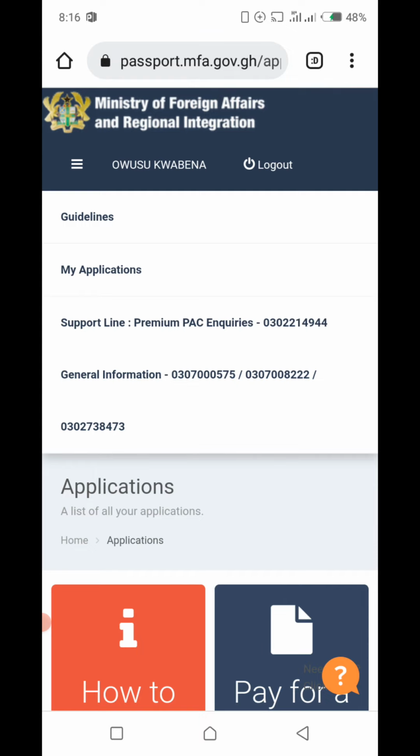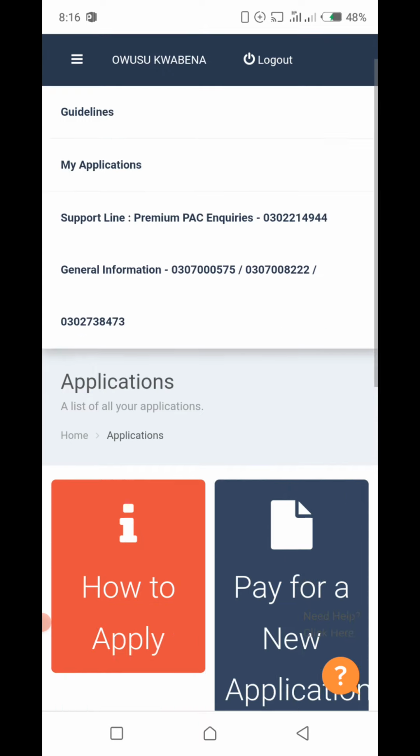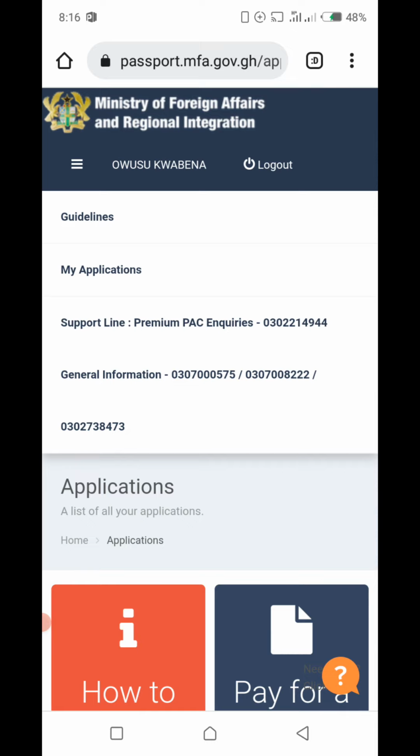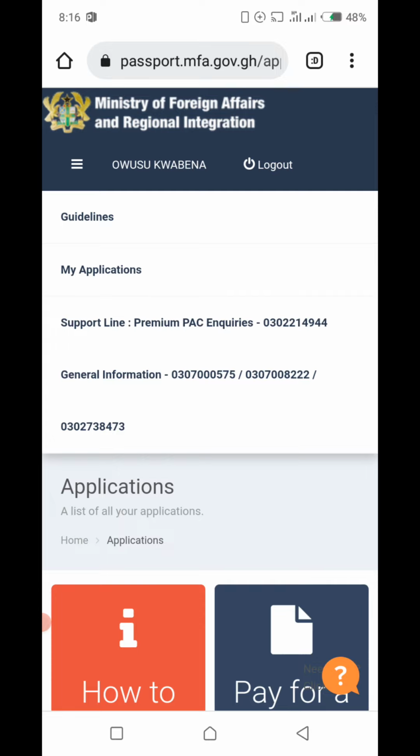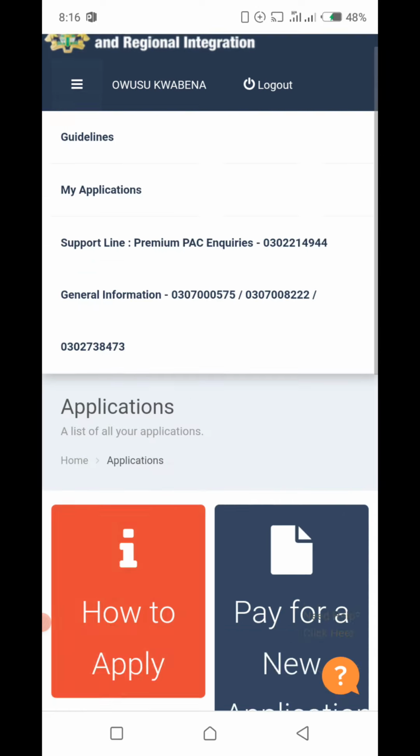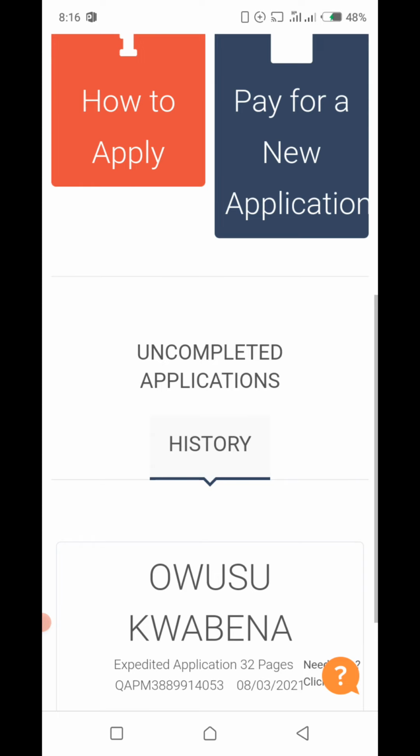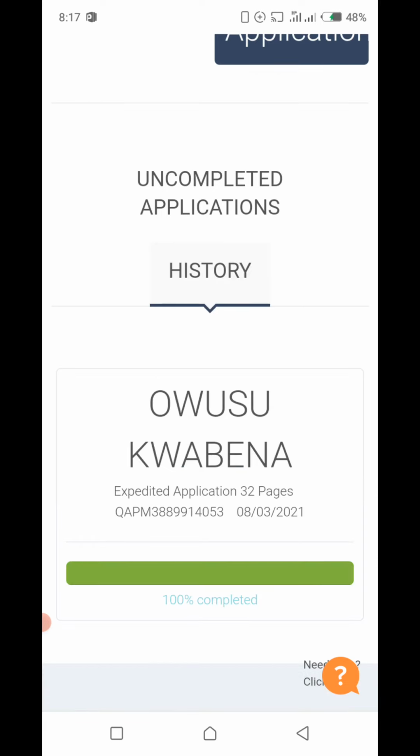So you go to online passport application, you search on your browser, and when you search for online passport application, just go to login existing user. When you go to existing user, type in your email or your phone number and use a password to log in. After logging in, you see your name here. When it comes to these 3 dots here, you see my application and other things. You click on application and scroll down, you're going to see your application down here. Just click on any area here to take you to